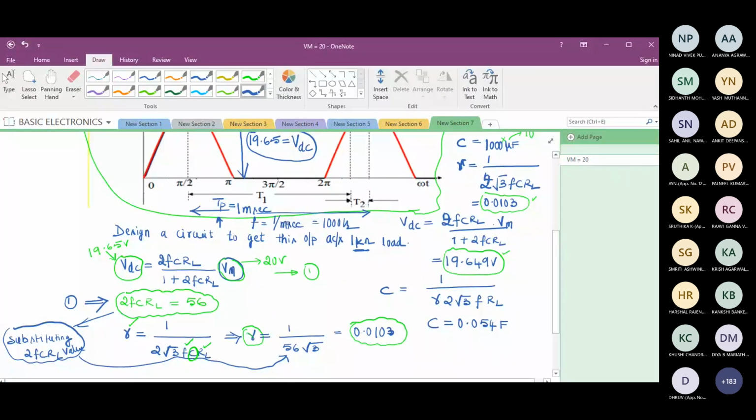So you take 1000 hertz and calculate and tell me how much capacity you get. 28 microfarads. Others are getting 28. I'll just erase this and write 28 micro. I don't know whether this is right or wrong. If all are getting this, it is fine. Is it correct? 28 microfarads? Others, please respond. Yes, sir. Fine.